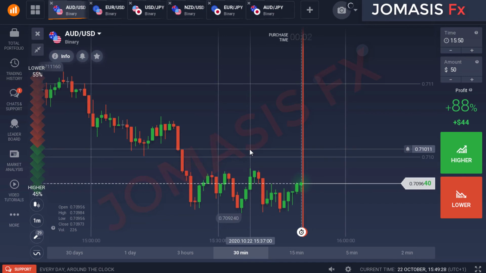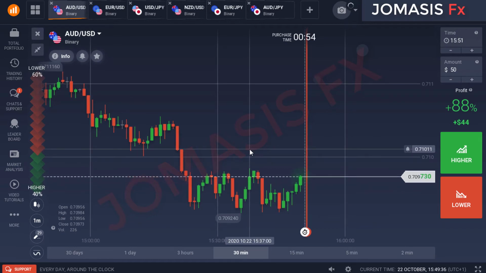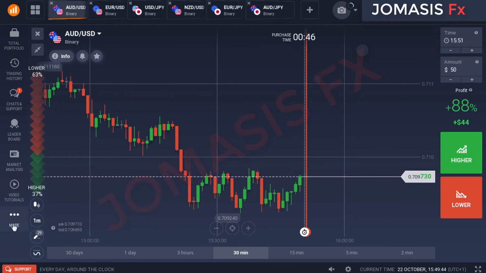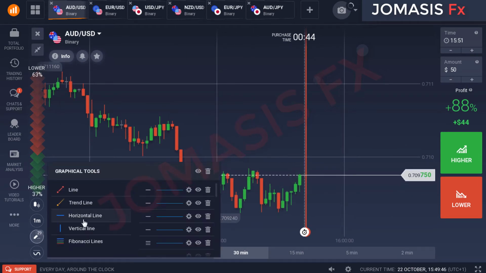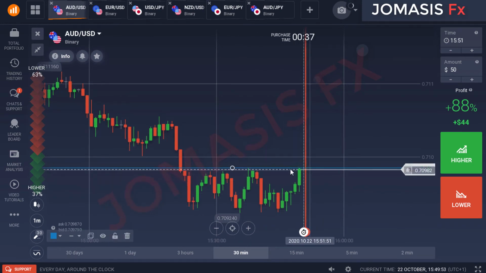Now, when to place a trade is where there is support and resistance. It's very simple. When to trade is when your market hits your support and resistance. But that alone is not enough, because not every resistance or support level is going to stop the market from moving. You get the point? So if you look at the behavior of the market, for instance, I'm going to place it here. This is resistance. As you already know, the market will be going up. So this is the resistance level.